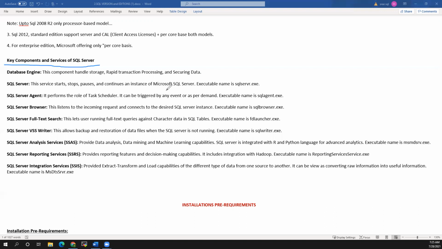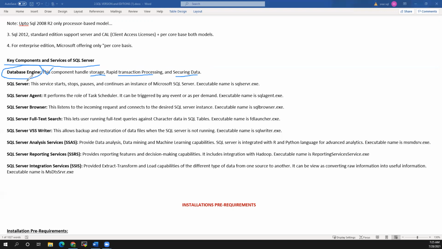Once you install SQL Server, you will see SQL Server. This is the database engine. In general, we will be working on this database engine component.